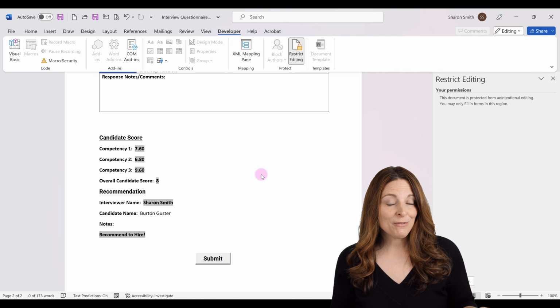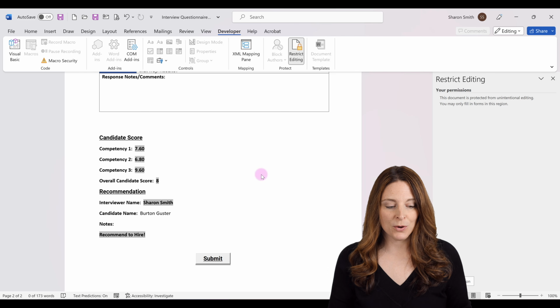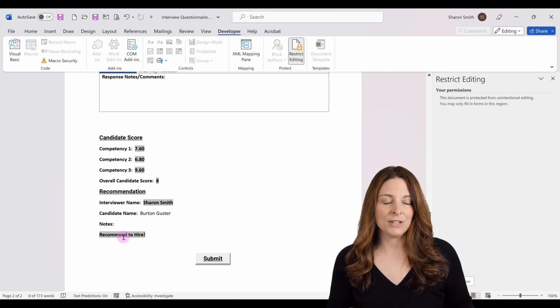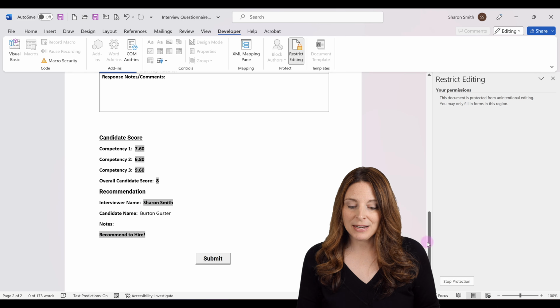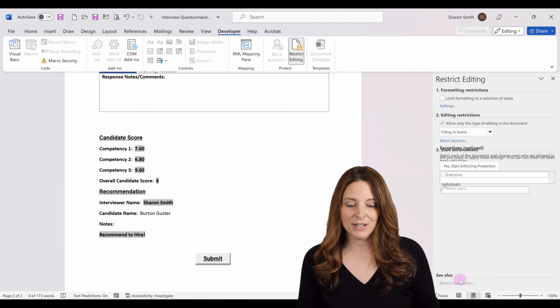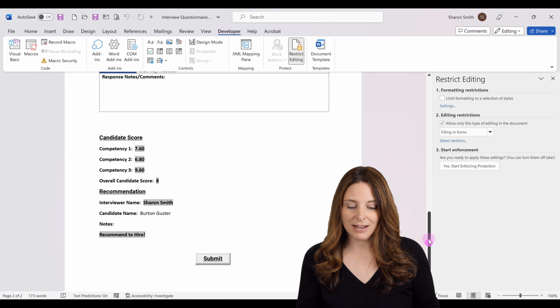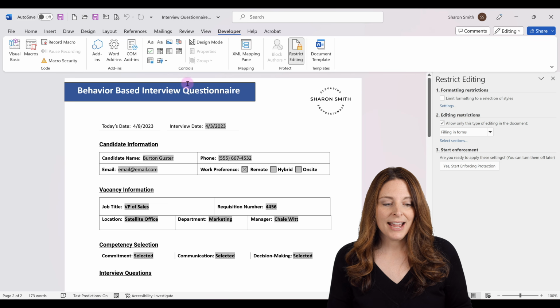All right, so in testing my form, the only thing that I noticed that I want to change or fix is the formatting. I didn't necessarily want the responses to be typed in bold, so I'm going to go back and fix that on my form. So now all I have to do is click on Stop Protection. I'm going to scroll back up to the top of my form here,